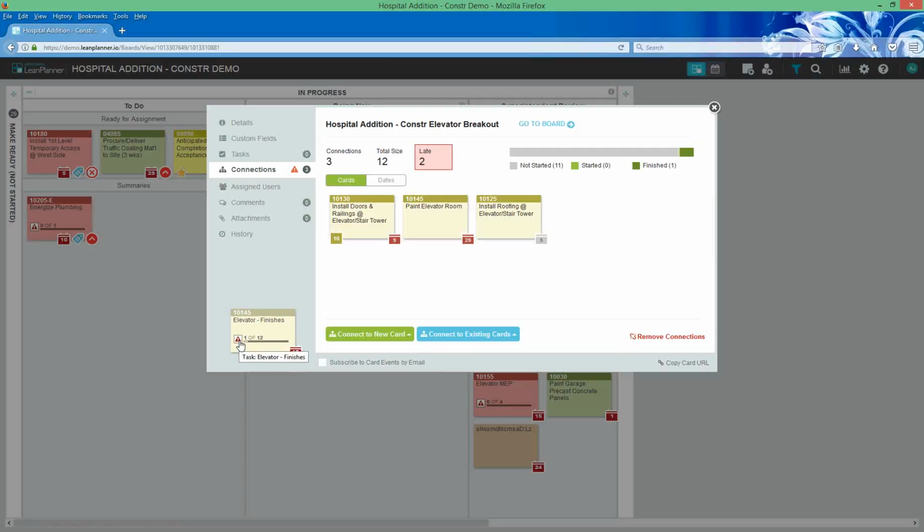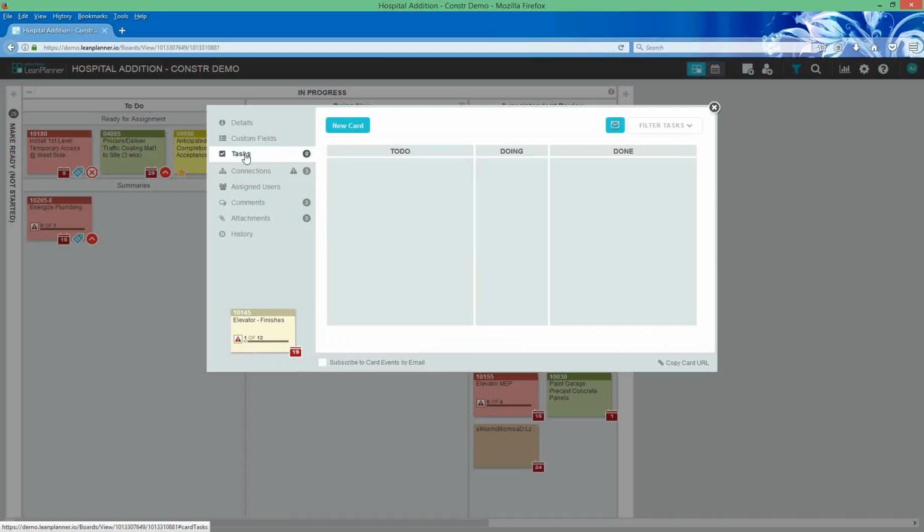And then what is the difference between making connections between cards that might be on this board or on other boards, and then making tasks within the task? Because I was looking at both of those when I was playing around with it and just trying to figure out strategically when would you use one and when might you use another. Yeah, so I actually personally am not a fan of tasks, right? Because